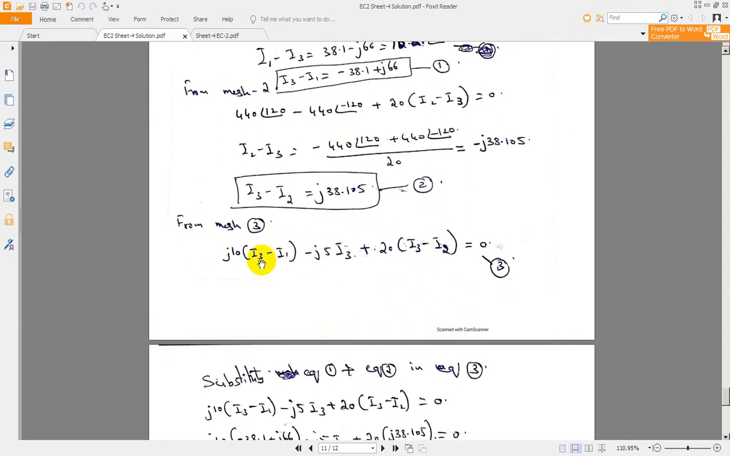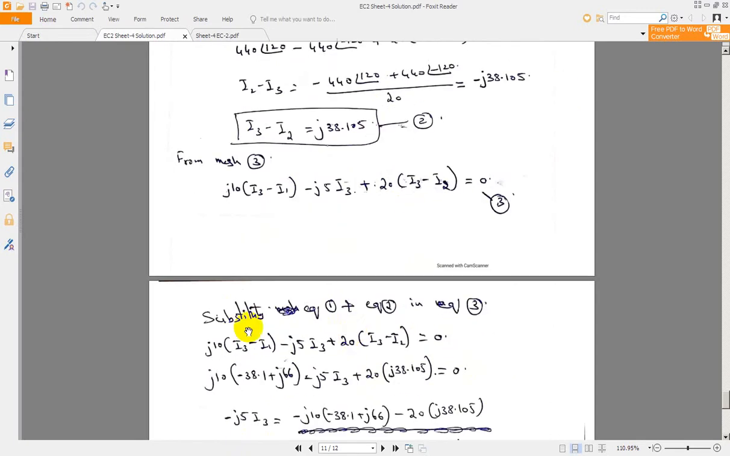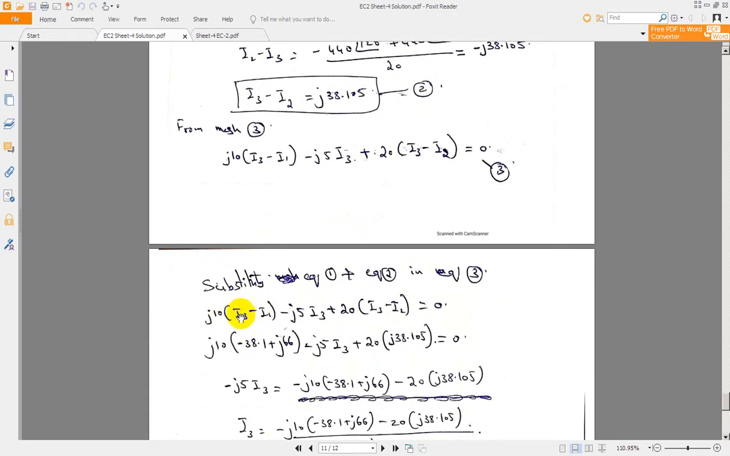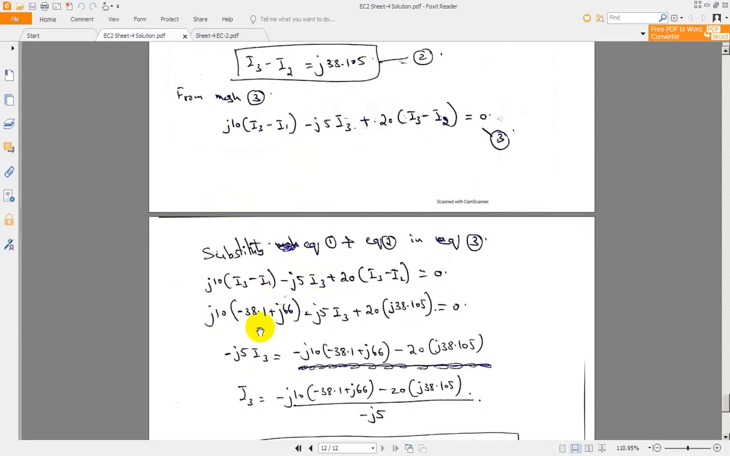Now if you observe, we got I3 minus I1 and I3 minus I2. Already we have evaluated I3 minus I1, and this value can be replaced here, and I3 minus I2 can be replaced with this. Substitute 1 and 2 in equation 3. After substituting 1 and 2 in equation 3, you will get j10 times I3 minus I1, whose value is minus 38.1 plus j66, and then I3 minus I2 we got as